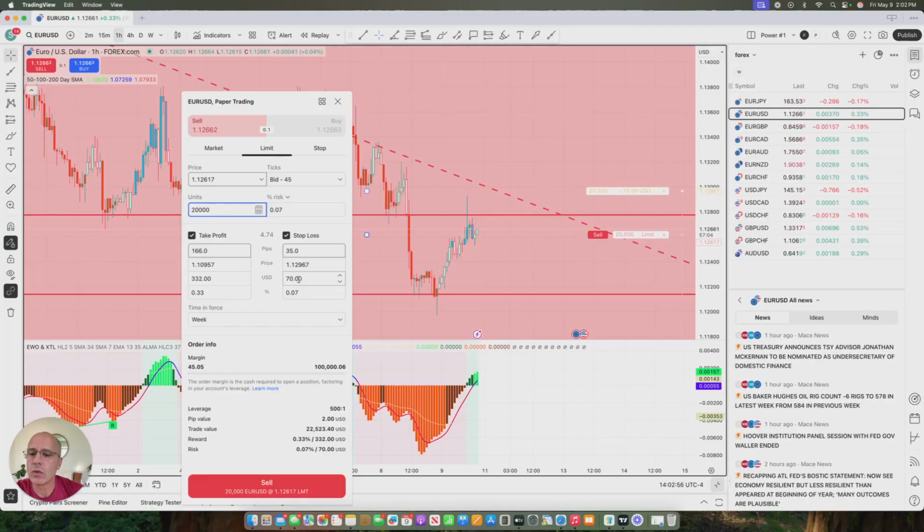So we're risking $70 and we're going to make a take profit. Let's say we're risking 35. Let's put 100. No, let's put 55. So the risk 70 plus 122. No, at least you have to make 2 to 1. So let's say that you put right there